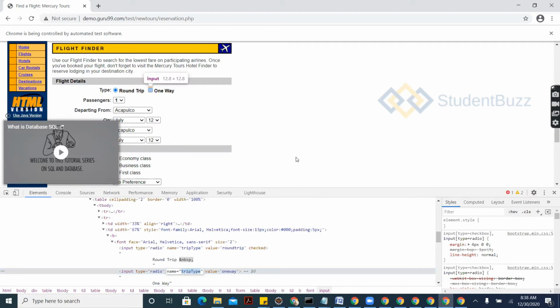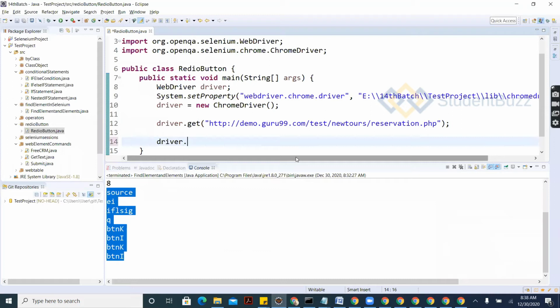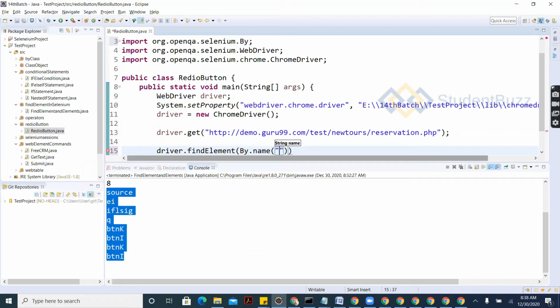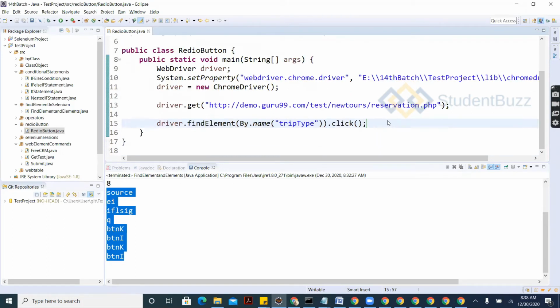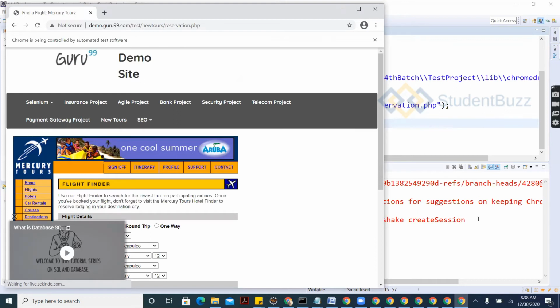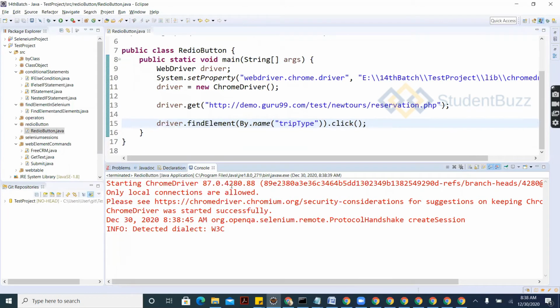Let's try with the name, driver dot findElement. For a single element, right? And if we want to click on a single element, what method do we use? findElement. findElement with the By name property we are using here. Name is this, dot click for the radio button. Okay, I'm running it. Let's see whether it will work for us or not. It is not clicked.